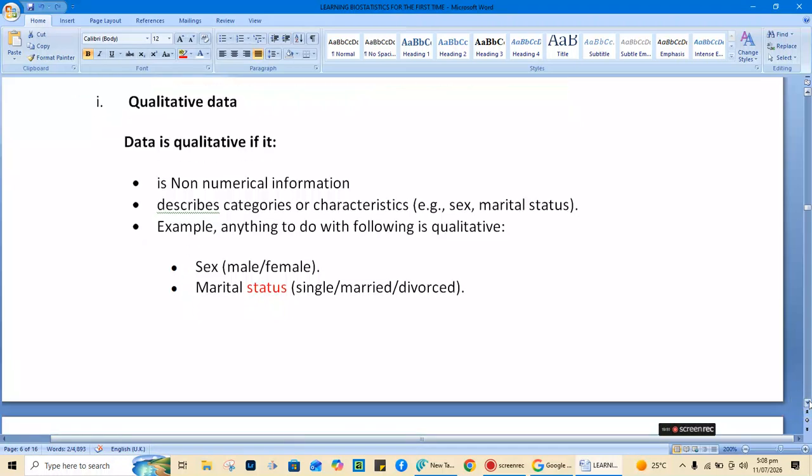Okay, so let's start with qualitative data. This is the data that you get through observation. And this kind of data is non-numerical. There are no numbers involved. Those numbers that are going to be involved are just going to give you a distribution of how that variable is distributed across the population, across different people, time and place. So qualitative data is data that gives you non-numerical information that helps you to describe categories or characteristics, such as sex, marital status,